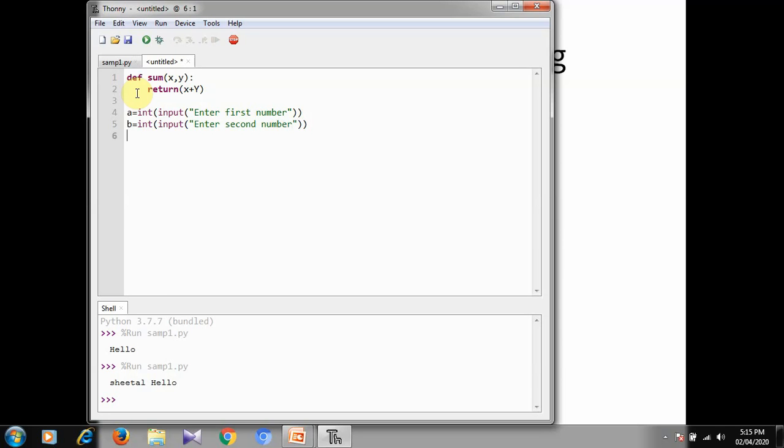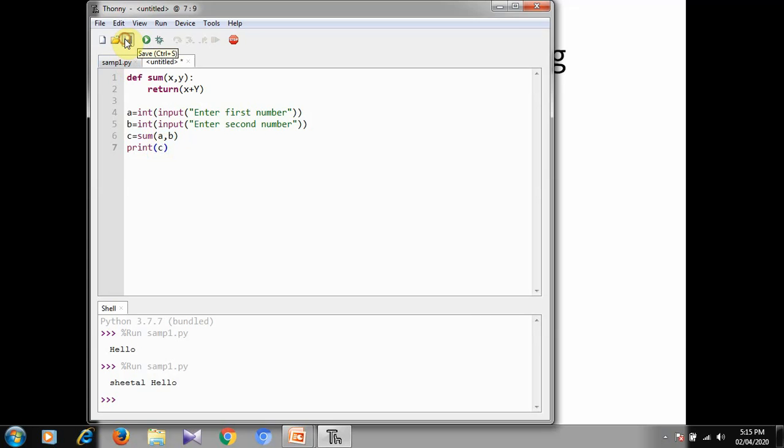Now I will use a third variable to assign the return value of this sum function, and I will use print to display the sum value.